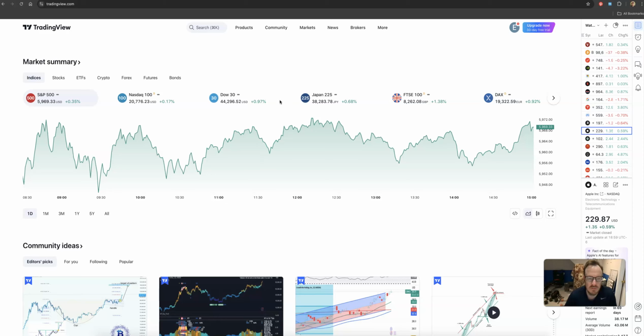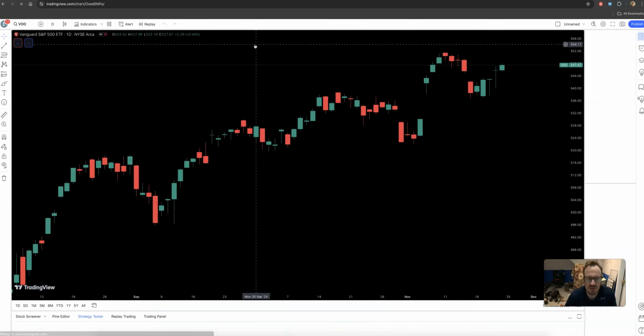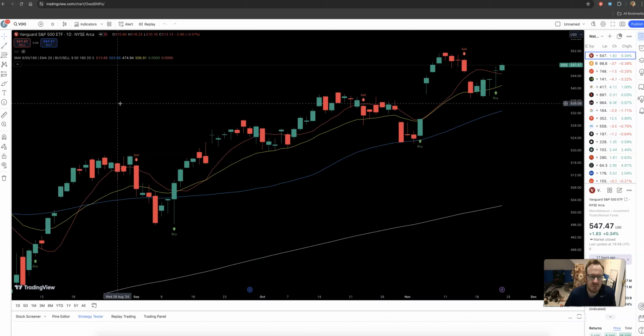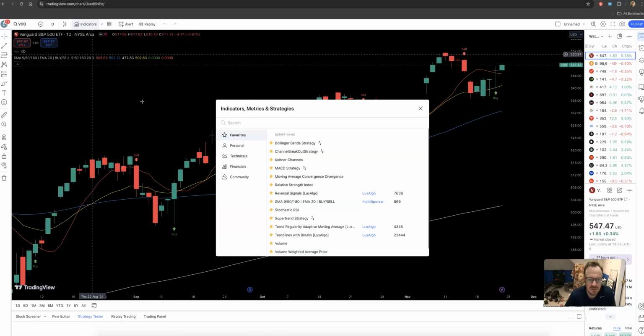This is TradingView. And this is what you'll get when you open the front page. So to get to charts, we're just going to go to products here, and you can click on the super charts here. And I've got VOO for showing purposes today. And as you can see, already looking, you'll see these little marks, buy and sell, which is what I'm going to discuss today. If you see my other channels, for those that are new, I'll quickly show you how you even put these on. You're going to go over here to indicators, or how to find it. You go over here to indicators, and you're just going to simply type in SMA